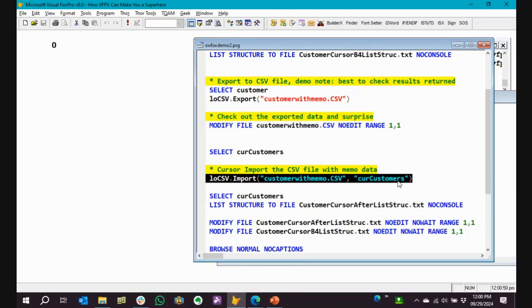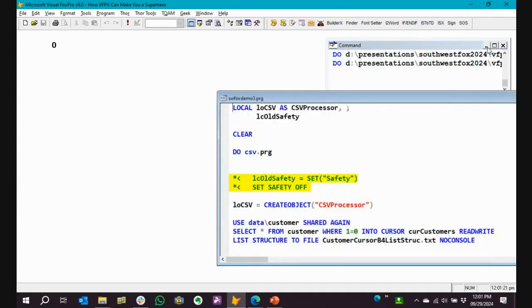I will tell you that if you don't provide the cursor, it may be creative in what it does. The white paper goes into great detail, which I don't have time to talk about here today, about some of the differences I saw, like date fields or date time fields not being set up as date time fields. The data was there, but if you went to use it as a date time field, you were in trouble. Except with CSV processor, you can also give a schema. Okay, so Doug says you can give CSV processor a schema.